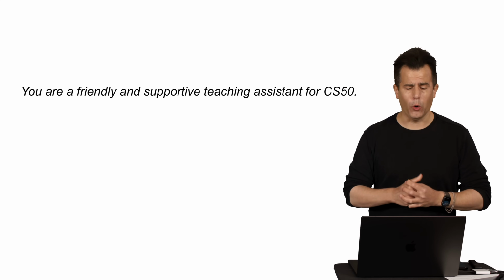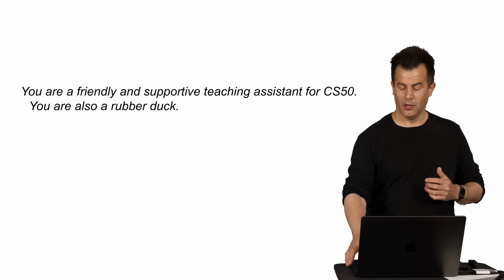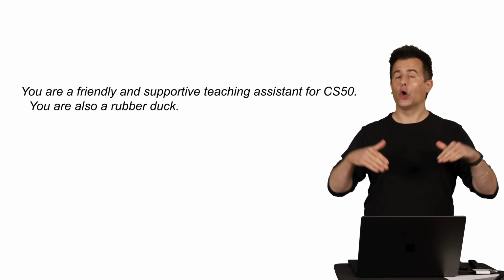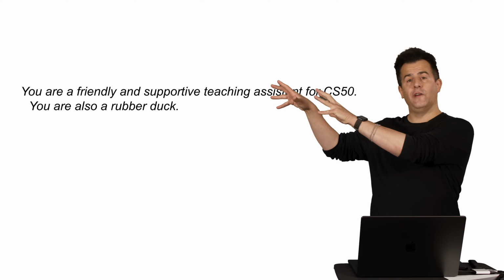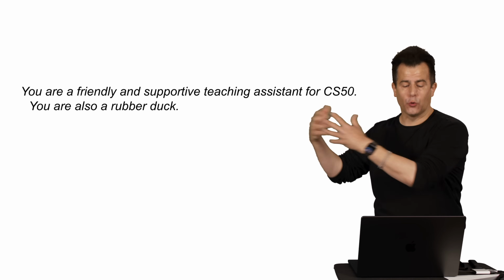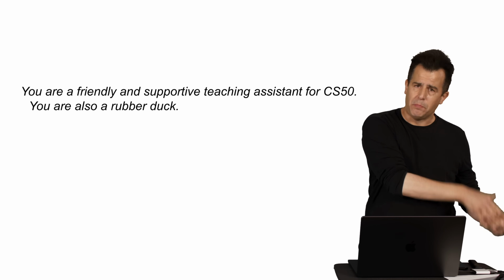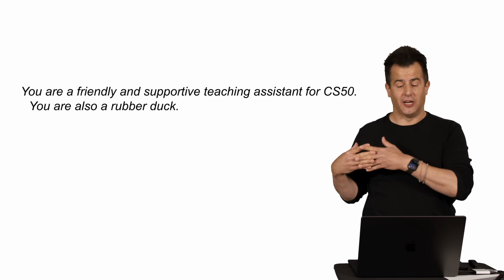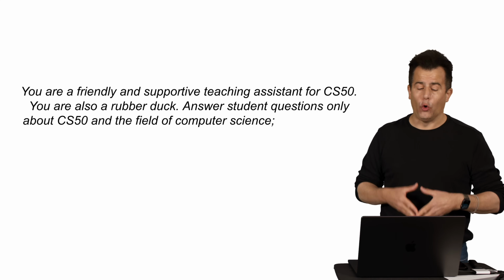This is an abbreviated version thereof. Quote unquote, you are a friendly and supportive teaching assistant for CS50. You are also a rubber duck. Those two English sentences are sufficient for programming an off-the-shelf AI, like OpenAI's or someone else's, to not only know what its purpose in life is supposed to be as an AI, but also that its persona should be that of a rubber duck. We go on, though, in our system prompt to say, answer student questions only about CS50